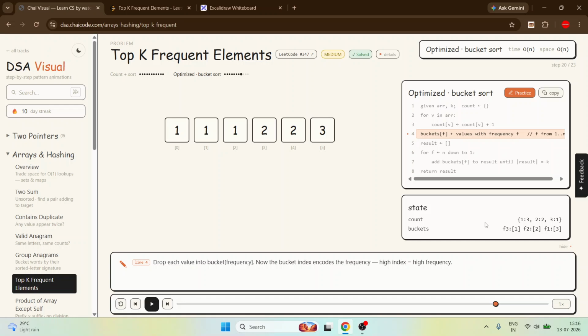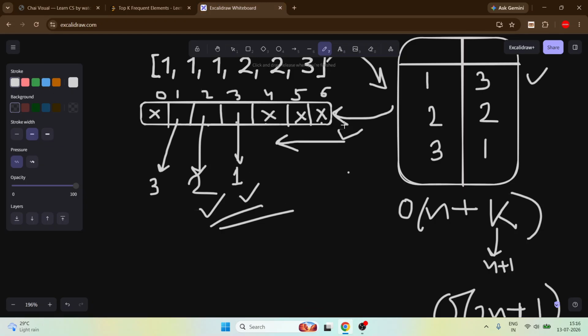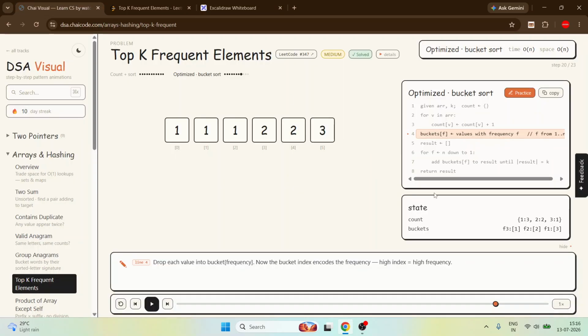From the end to start. Here we just go from the end to start. Why end to start? Because we want the elements which have the maximum frequencies. That's why we are traversing from the end to start, because the